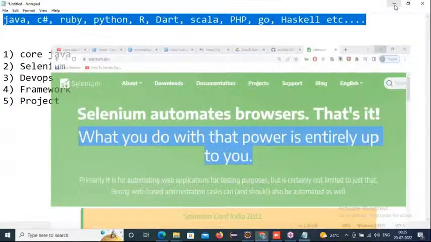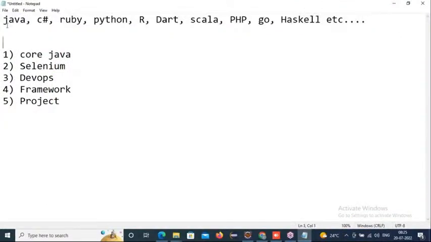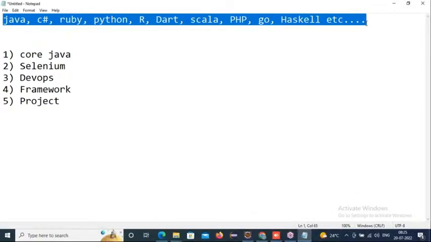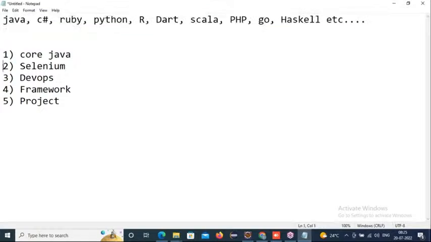The power is nothing but language binding. Whichever language you prefer, once you know its concepts, using the Selenium tool we can build any automation scripts. So we prefer core Java as the base programming language to work with Selenium. What concepts in core Java will we be learning? We'll learn what a project is, what a package is, what a Java class is, interfaces, abstract classes, method overloading,